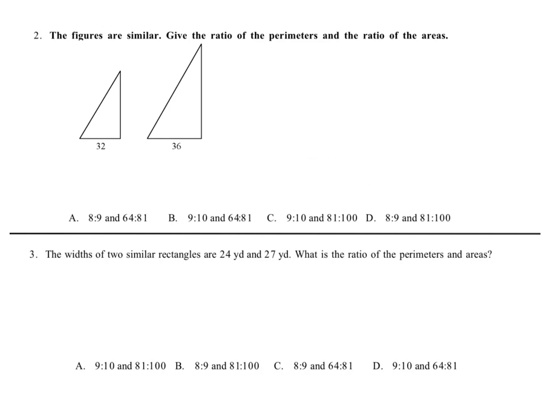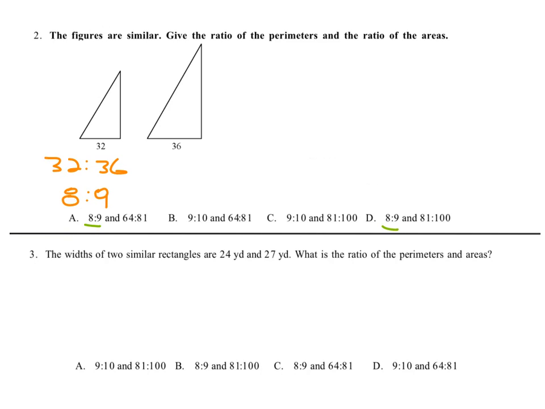Well, what I mean is that if we take this ratio from the smaller one to the bigger one of 32 to 36, and we simplify that, dividing them both by the biggest thing we can divide by, which is 4, we would get 8 to 9, okay? Since they have side length ratios of 8 to 9, then their entire perimeter is going to be an 8 to 9 ratio as well. So you can see that that is there at